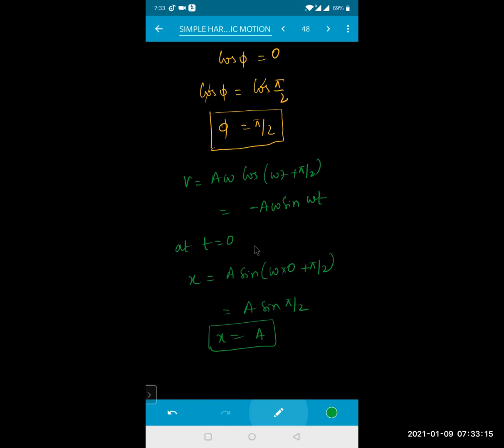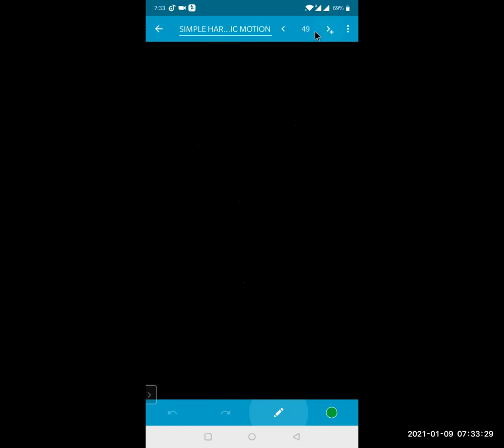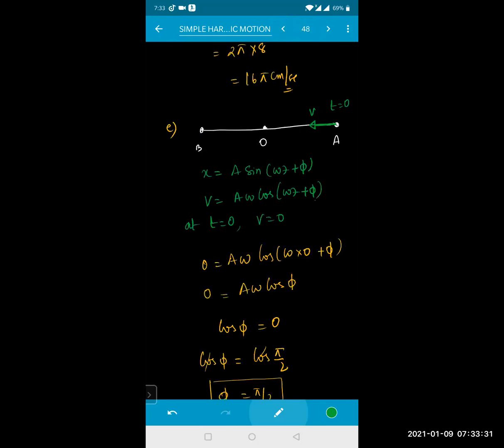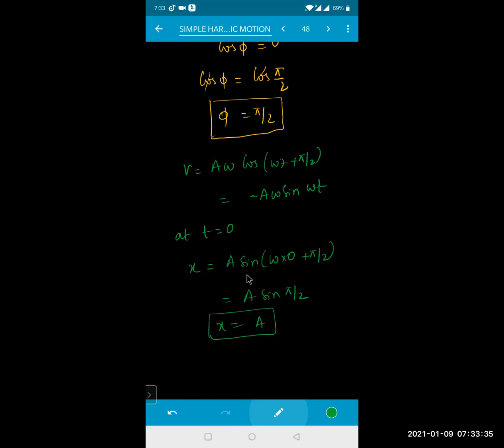So what will be the velocity at the mean position? Sorry, I think I said 0. It is not 0, because v equals omega under root of A squared minus x squared. The x value is 0, so velocity will be maximum at the mean position. So the acceleration will become 0, not the velocity. Sorry. So I got at t equals 0, the particle is not at the origin, but x equals A, and velocity is directed towards the mean position because we got the answer to be negative.